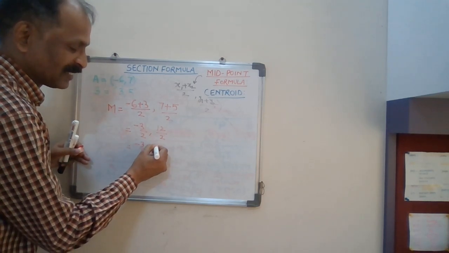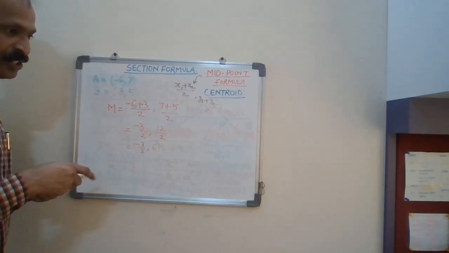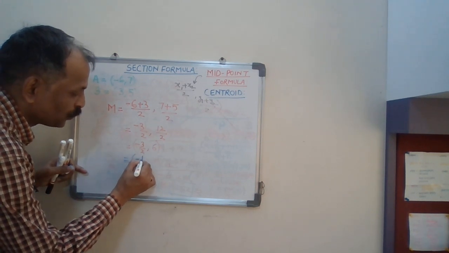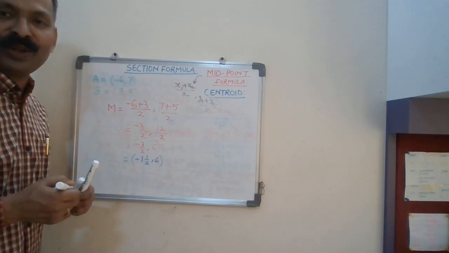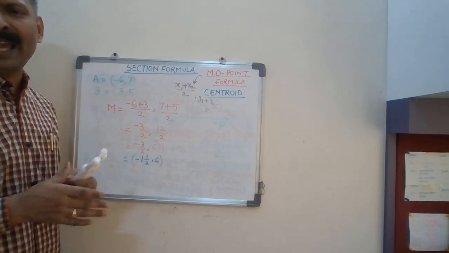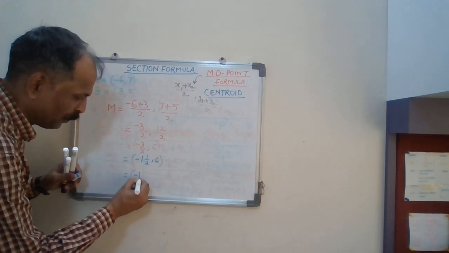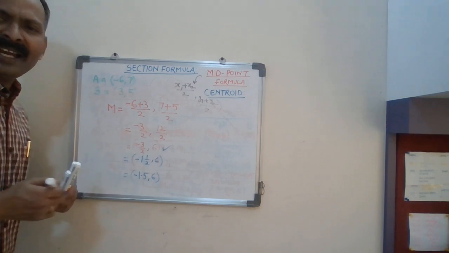So your correct answer is minus 3 upon 2, comma 6. Okay. If some technical issues are there, you can write minus 1.5, or you write minus 1 1 upon 2 comma 6. You never know, the examiner may say why you are writing a small denominator. So let the examiner be happy. You write in all 3 ways, I don't mind. If you write minus 1.5 comma 6, let him be happy. Let him pick here, here, anywhere.